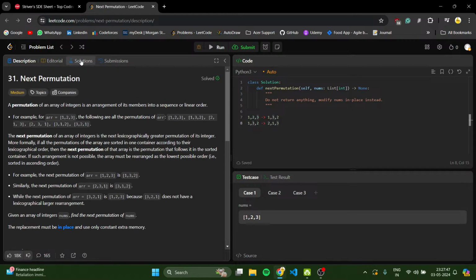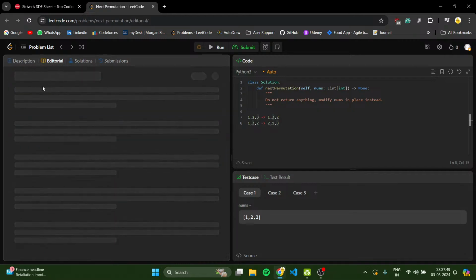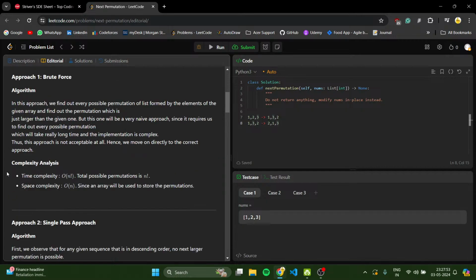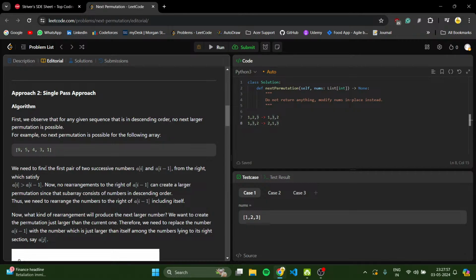Okay, I'm not able to think of anything. Let's check the editor at this point. I know brute force we can do, but this is not a good approach. Single pass approach. Yeah, if it's in descending order, like if it's 3, 2, 1,